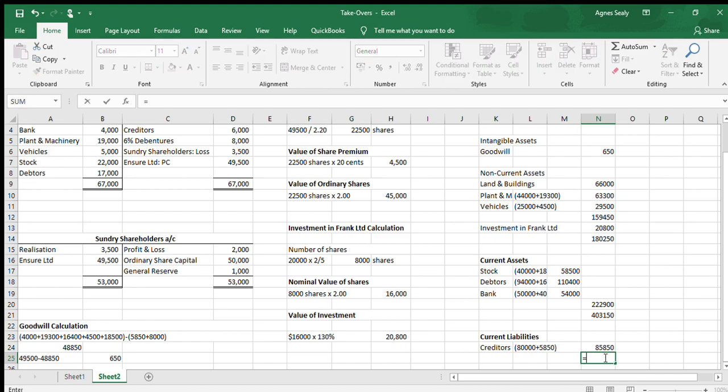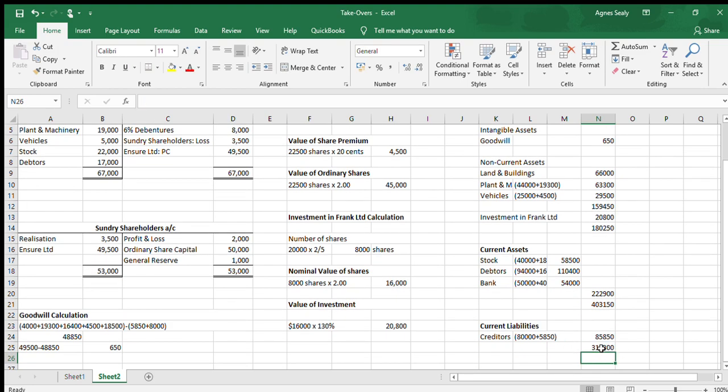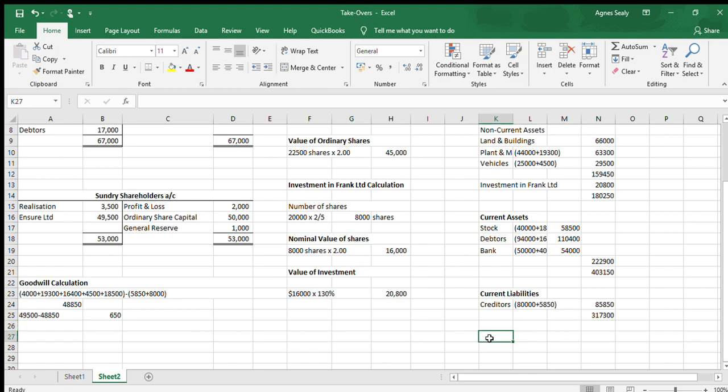When we subtract that from our assets, we have $317,300. So we're going to look at our non-current liabilities, which should be our 5% debentures